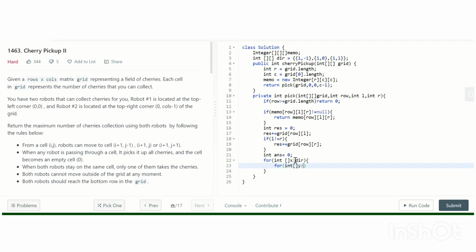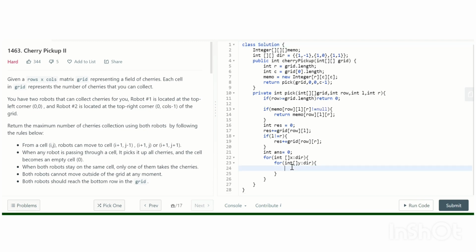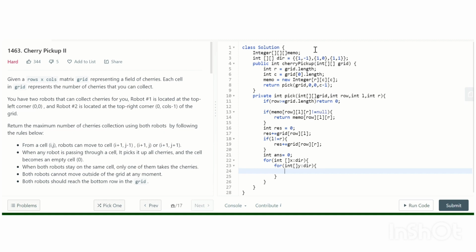So that's what I am doing here. Yeah, we don't need to have this because we are going to move into the same. So we can just make it like minus 1, 0 and 1.